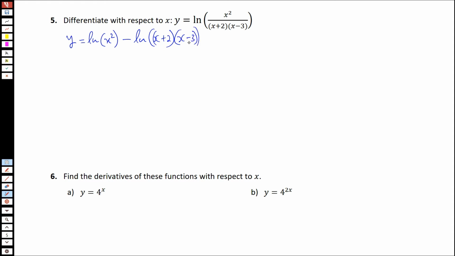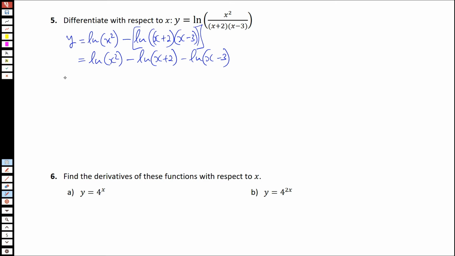And this can also be written as ln of x squared minus ln of x plus 2 minus ln of x minus 3, because this is basically a product of two expressions which can be written as that, and then of course you multiply each of them by the negatives, because this is same as ln of that plus ln of that, and then you multiply by the negatives. All right, so after rewriting the function that way, we can now differentiate term